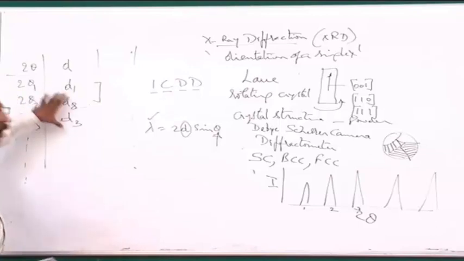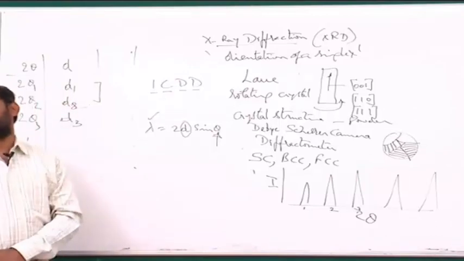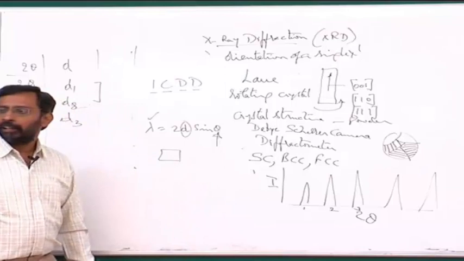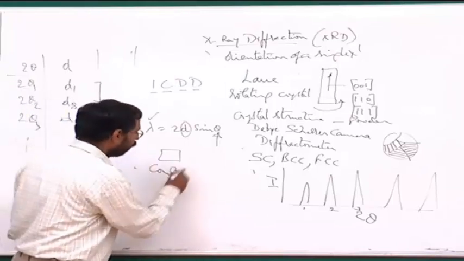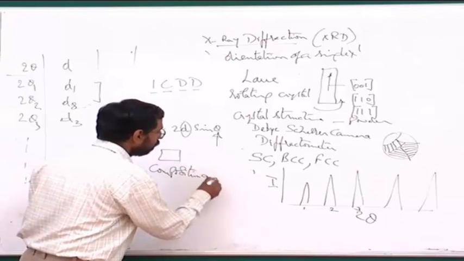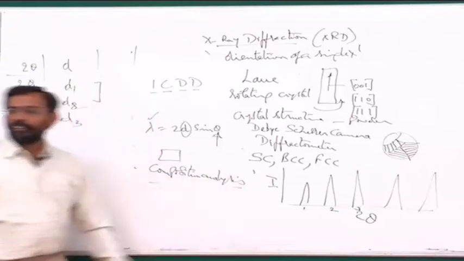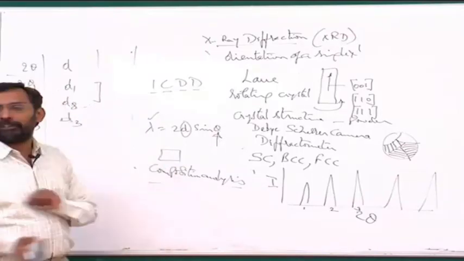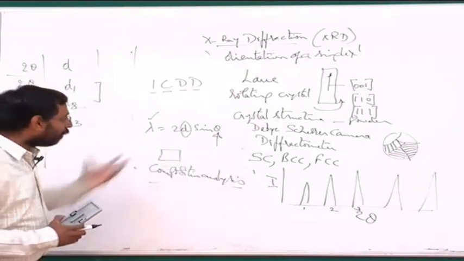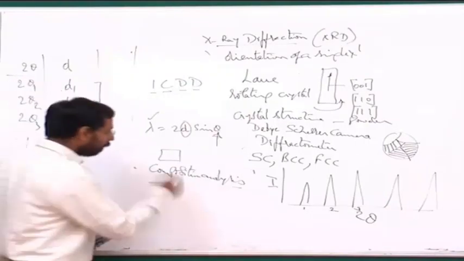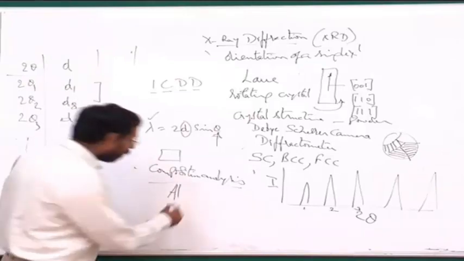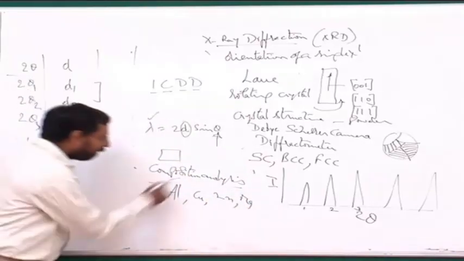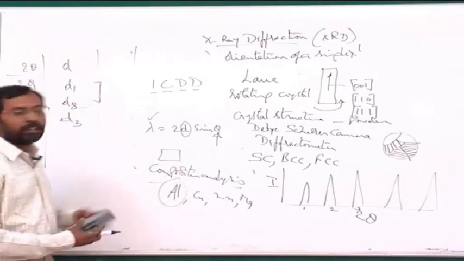That is the reason why it is important that we know something about this particular material. So the best thing to start with is, if somebody gives you an unknown sample, unknown alloy, you first do a composition analysis, if you can. This is the first step one should do. If he has a facility for doing the composition analysis, the best thing is first to know. And if I do the composition analysis, and I find out that my alloy contains mostly aluminum, with some amount of copper or zinc or magnesium or something like that, and the matrix is mostly aluminum, then I can say this is an aluminum based alloy.